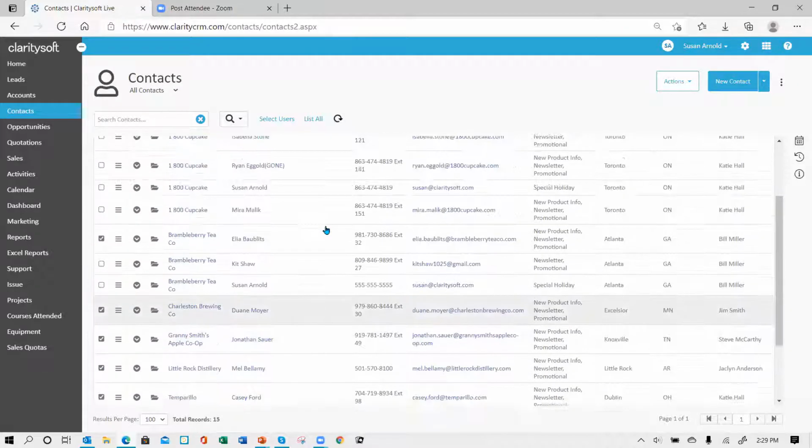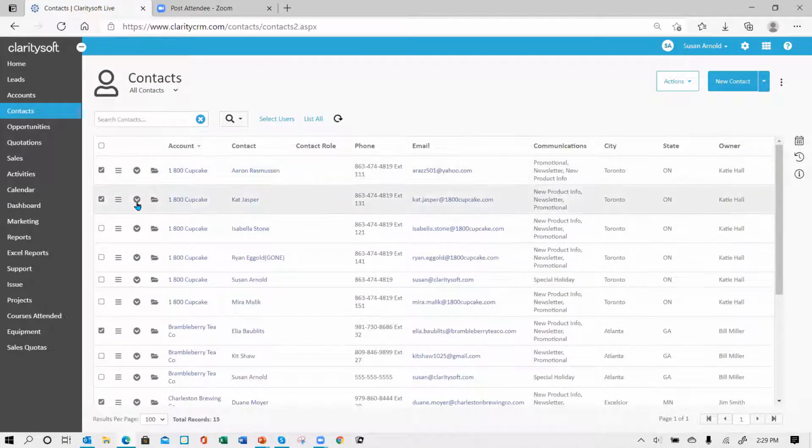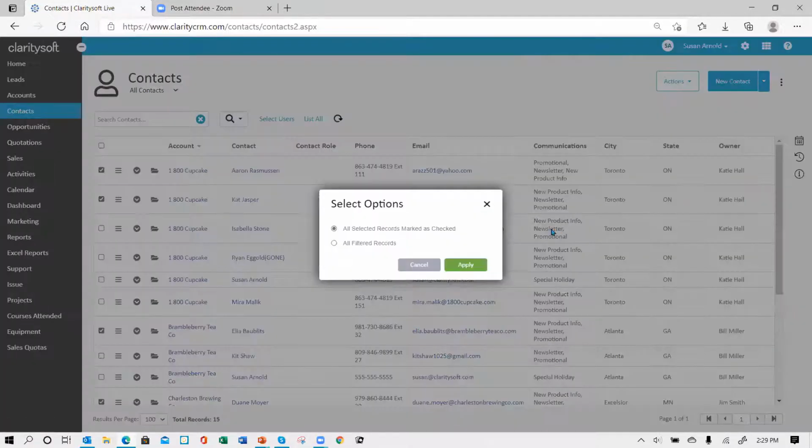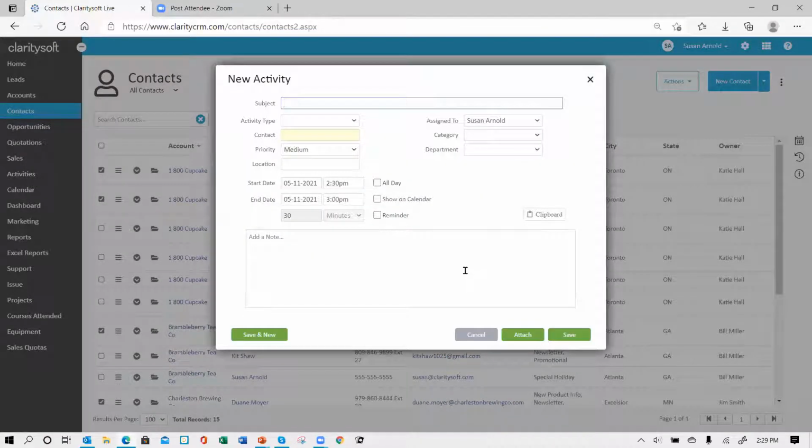So I could do it faster maybe by clicking the all and then unclicking the ones I don't want. Either way, that works. So let's say I want to set up a reminder for me to call them. So I can go to actions, and then you can see new activity. And then again, for the records marked as checked,